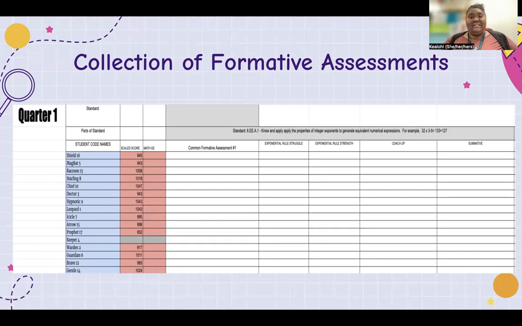The quarter 2 one, for this unit, is still building up, so that's the reason why I'm not showing it yet. But pretty much it has the same kind of format. I'll have formative assessment 1 and the different methods that I am teaching to check in with them, so that I know whether they are understanding slope or not yet.